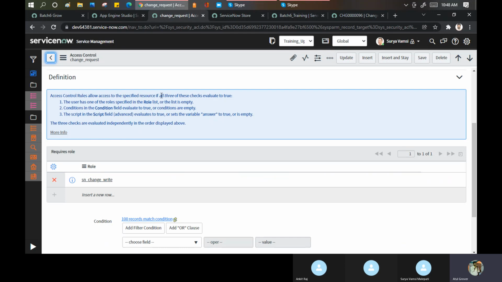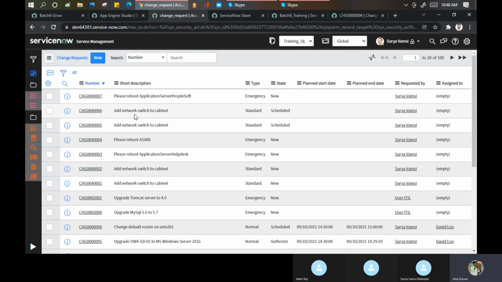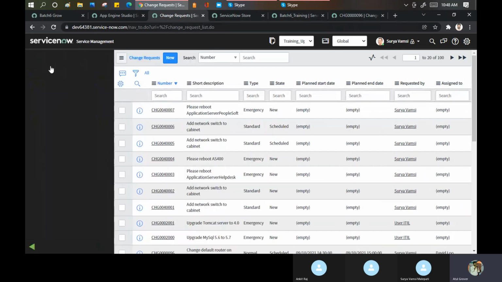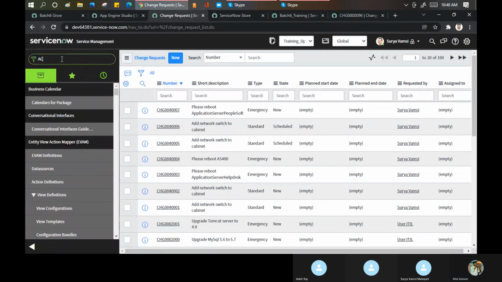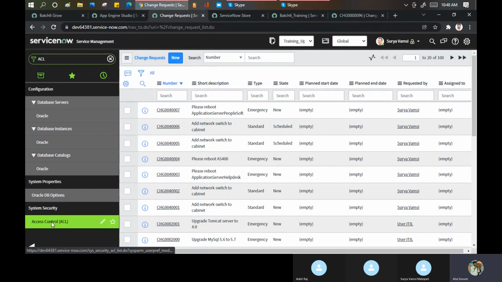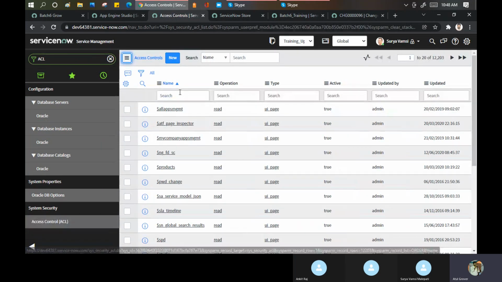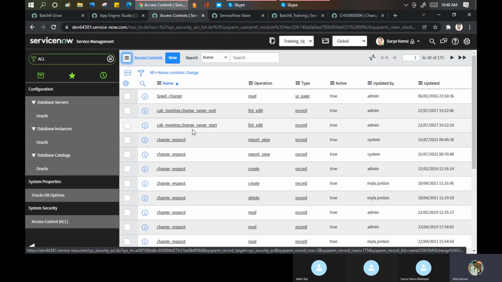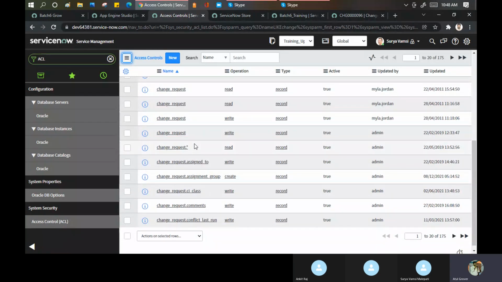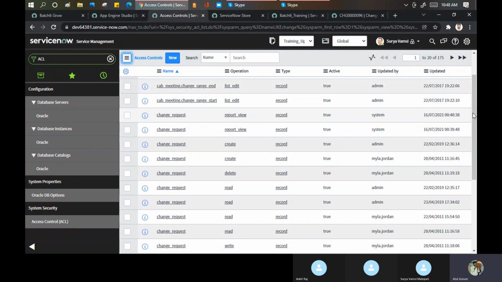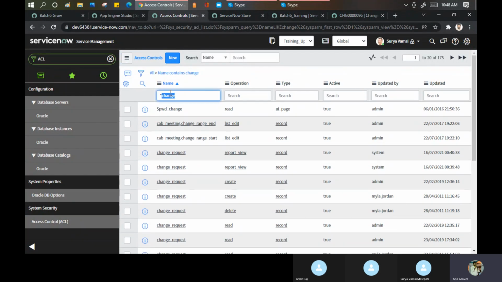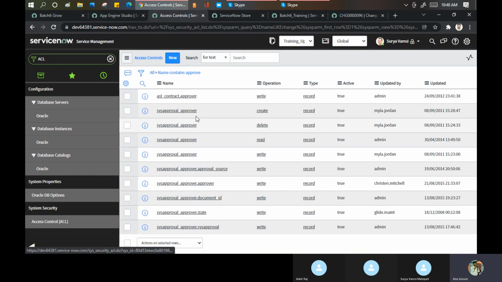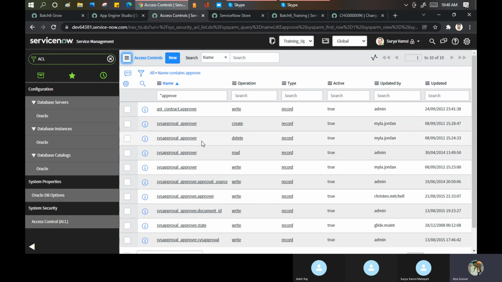Is there anything like change approval, let's see, wait. Change request, create, CI classes, comment, assigned to, no, not in this. Let me see if I can see approve. Sys approval.